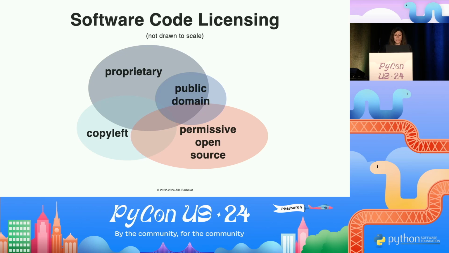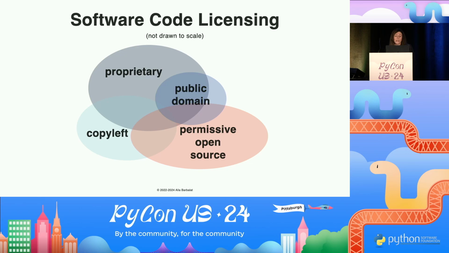There's also a small bubble here, public domain. It's pretty rare in the software arena to see public domain code. And like I said, this isn't drawn to scale. So the idea behind public domain is those are those creations that are available to use for anyone. So some examples of something that are currently in the public domain that are not software code are things, well, actually, one is somewhat related, but not under copyright. So you can think of like Google's PageRank was patented, now the patent has expired. Similarly, like Winnie the Pooh's copyright has expired. So those are things in the public domain.